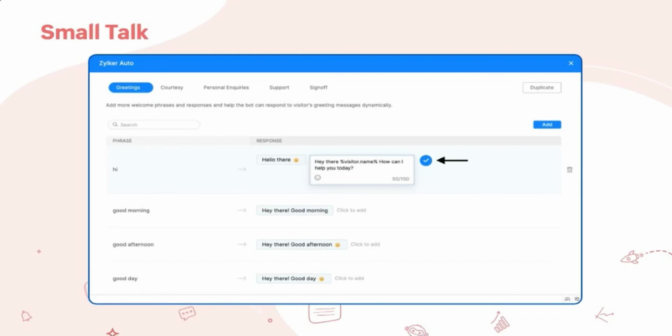Small talk basically strengthens your answer bot with natural conversation ideas and gives you the power to impress visitors on your website. It also acts as fillers when the bot is looking for answers to the visitors' queries. It can easily navigate through the resources present in your portal and provide users the required answers for their queries. So that's about small talk.